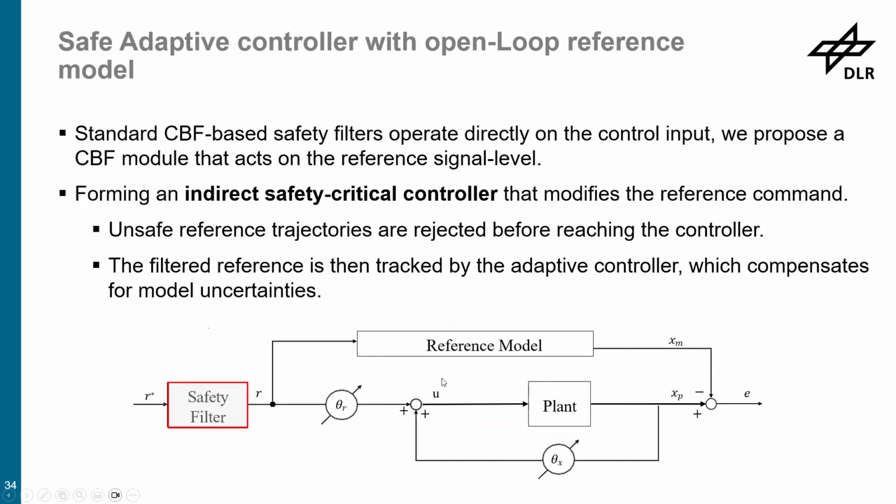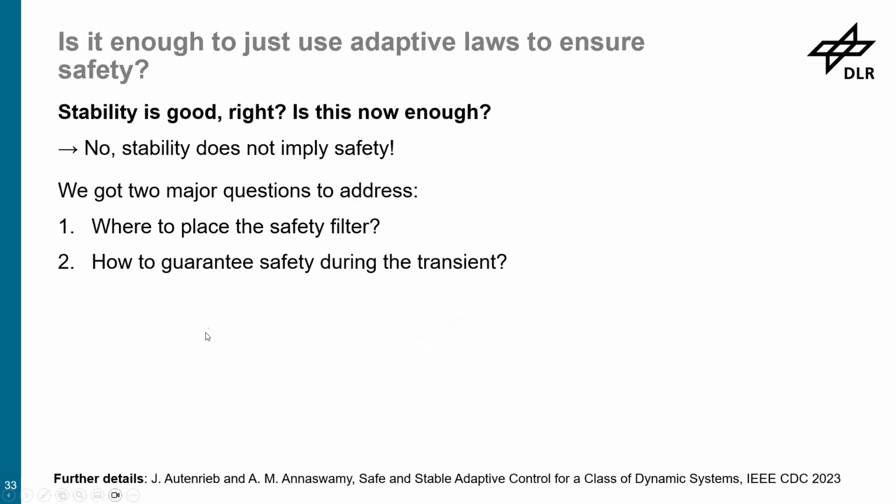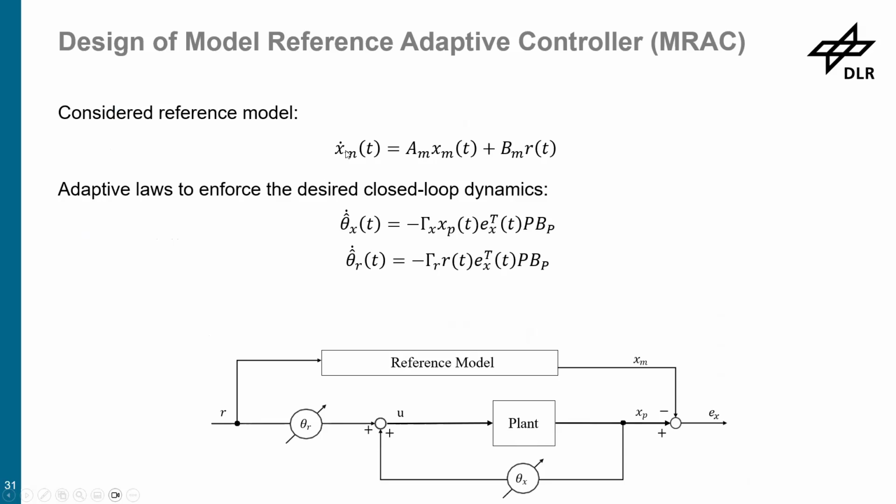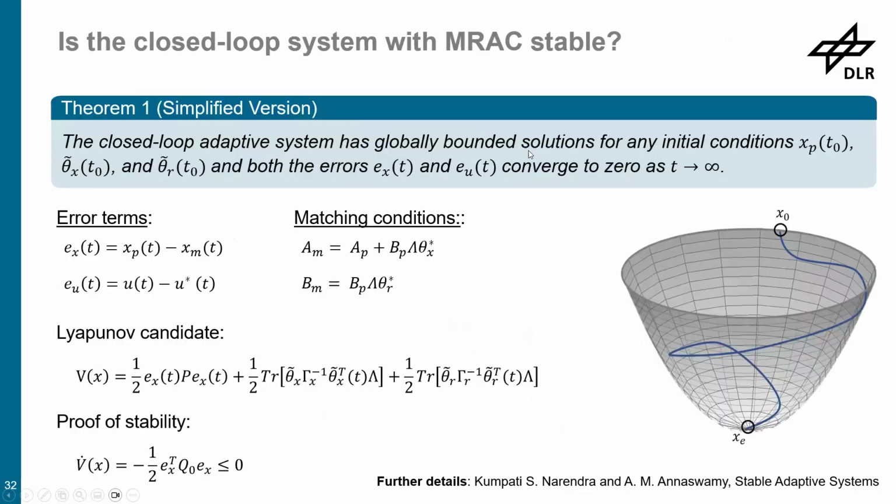And therefore, we said, okay, this was something we did in 2023. Actually, a simple idea. We just say, okay, the only thing we really know is the reference model because this is our desired behavior. We want to be like that. And therefore, we're just using, and again, it's very simple. You see, this is the reference model, and here, the reference signals, the control input, right?